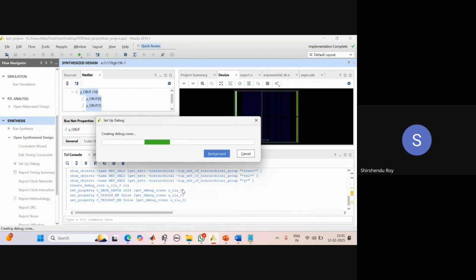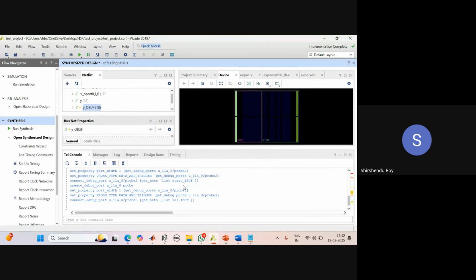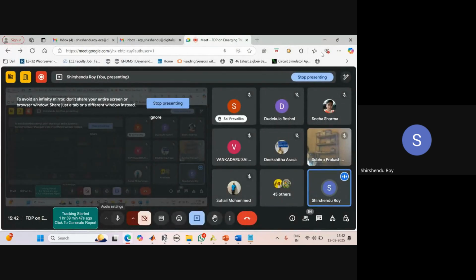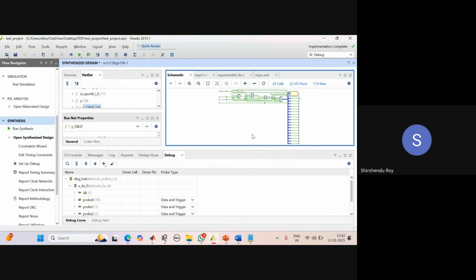Here, one soft core is generated in your design. That core will try to verify the implemented design in the FPGA. After doing this, you will get some schematic,